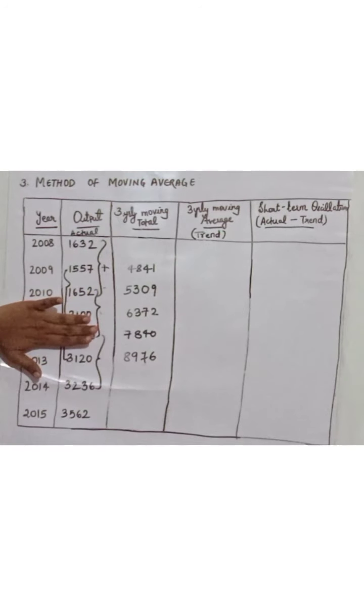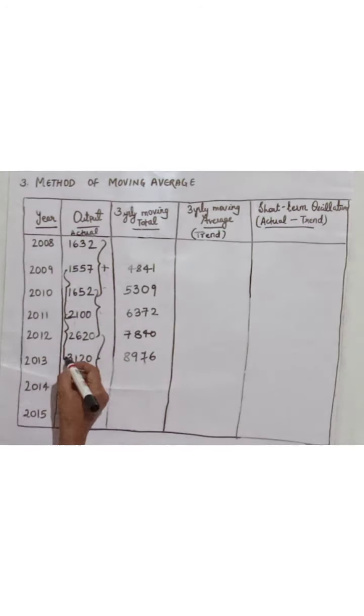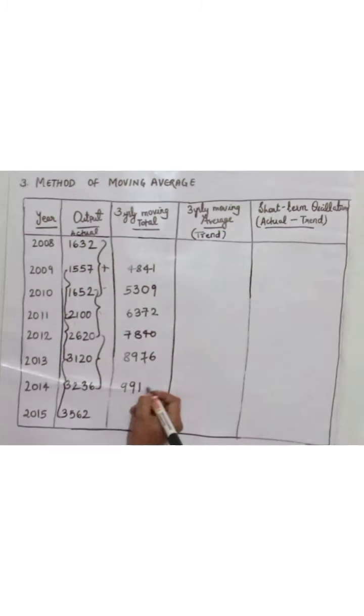That we will hide, we don't need that. And after that, since it is 3 yearly, we take the next 1, 2, 3 elements and we are going to add them up. Addition is 9918, which I have written in the middle term's corresponding column. Okay, we have nothing in the first column, so let us put a dash there. Here also we have no elements.